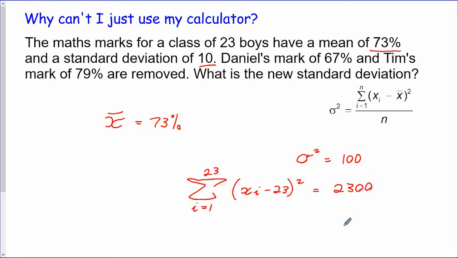And the reason we need to get 2300 is that when we divide by 23, it being n, we get 100, and then when we square root it, we get our standard deviation of 10. Right. Now, if we only take this up to 21,